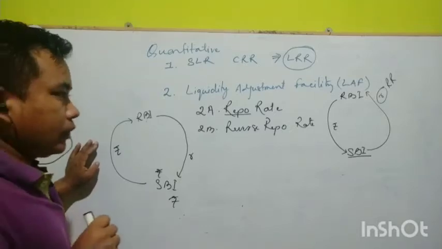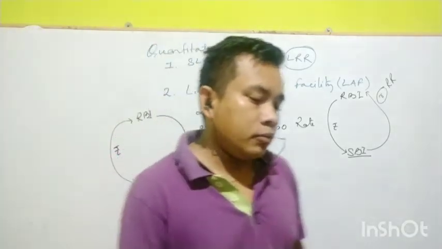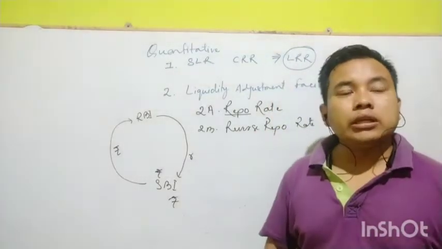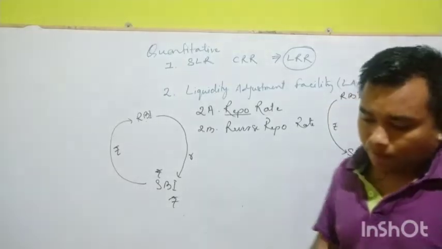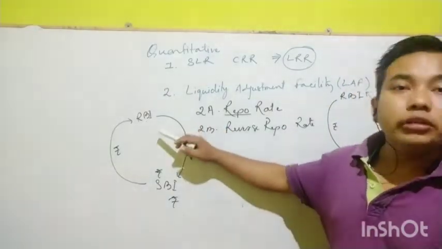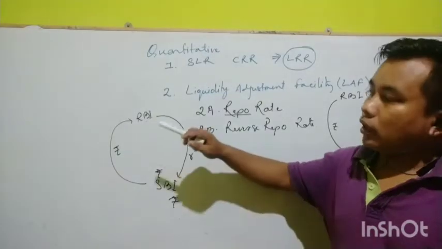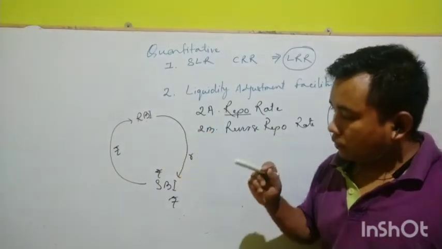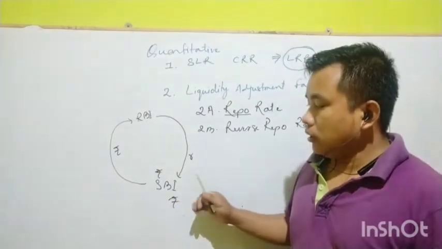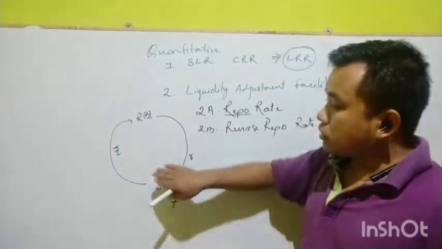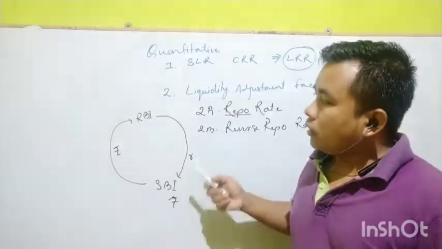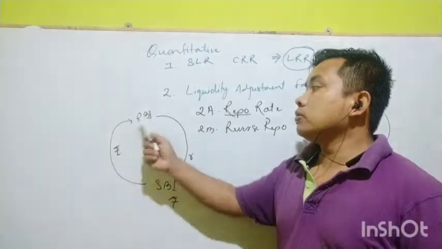In reality, reverse repo rate is an operation where, yes, RBI will receive money. I don't say borrow money, but RBI will receive money, because SBI and other commercial banks have excess money with them. That is why this excess money will be transferred to the RBI.